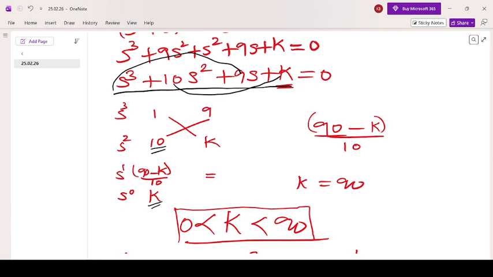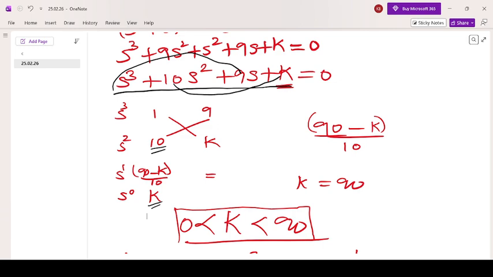In this video, I am going to tell you one small shortcut so that you will be able to find the range of K in Routh stability criterion. You will be asked to find the value of K or range of K for the system to be stable. For that, you will be given a characteristic equation. To understand this concept, let us assume one simple characteristic equation, that is s cube plus 10s square